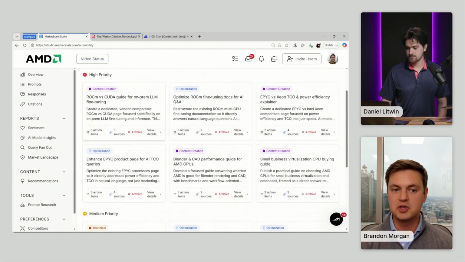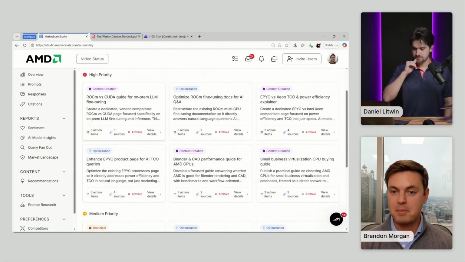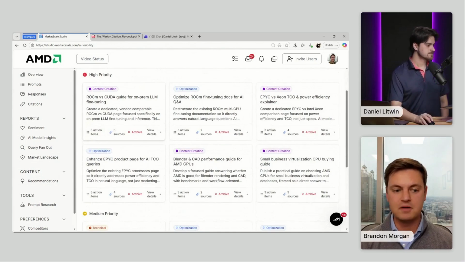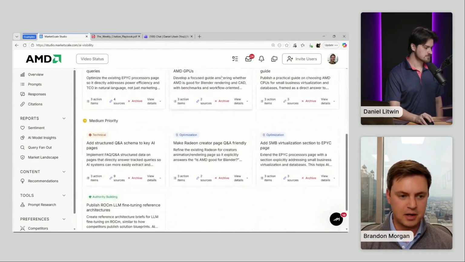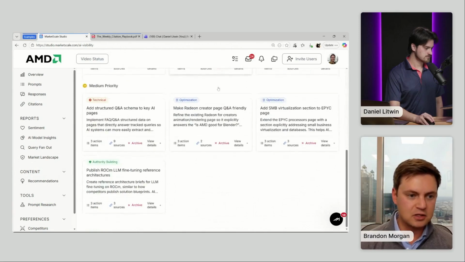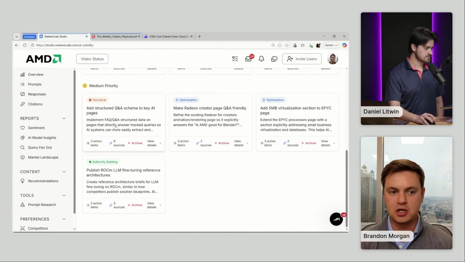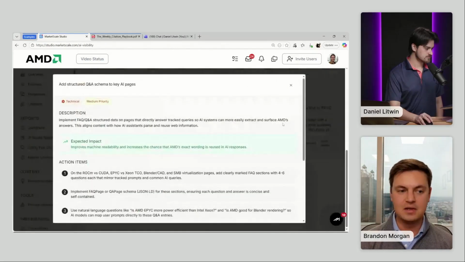Some of the things you'll see here are optimization opportunities. So one of the ones that I kind of noticed, if you scroll down a little bit, Daniel, on the medium priority, was the technical suggestion for adding structured Q&A schema for some key pages. So what this recommendation is basically telling me is that for my FAQ and Q&A pages, we want to make sure that we have some actual